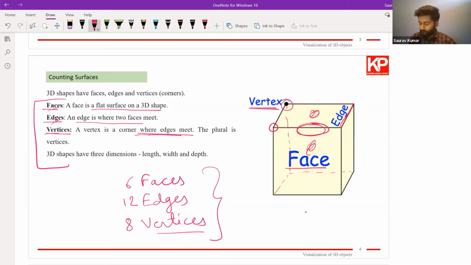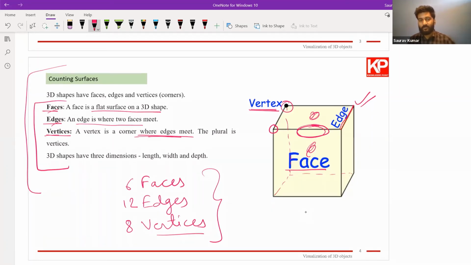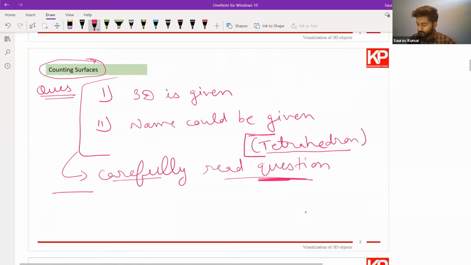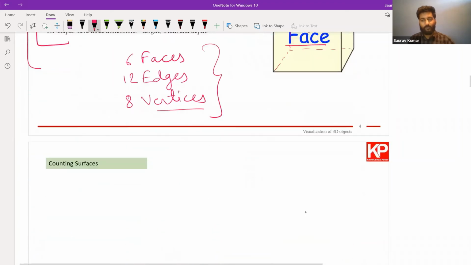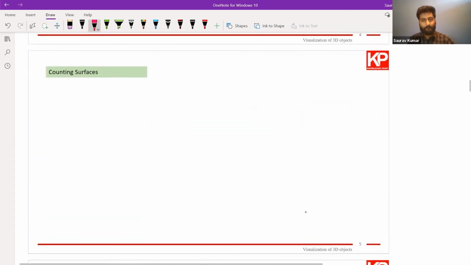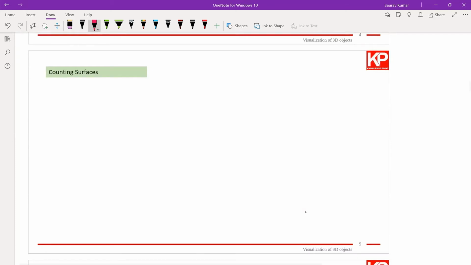Now another thing, this example was based upon an image being given to you, like this cube. Another case is when the name is given, like this tetrahedron. Do you know how much this tetra is? Tetra means 4. Yes, tetra means 4, but that also means that we need to know these numbers and the